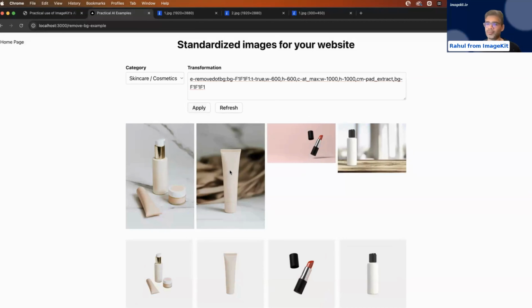So all of the images, starting from very different aspect ratios and very different product placements, we are able to get to consistent 1000 by 1000 pixel images where the products are sized the same across all of these images. They are placed at the center. They are equally big in all of these images, which makes it consistent and really easy to use on your